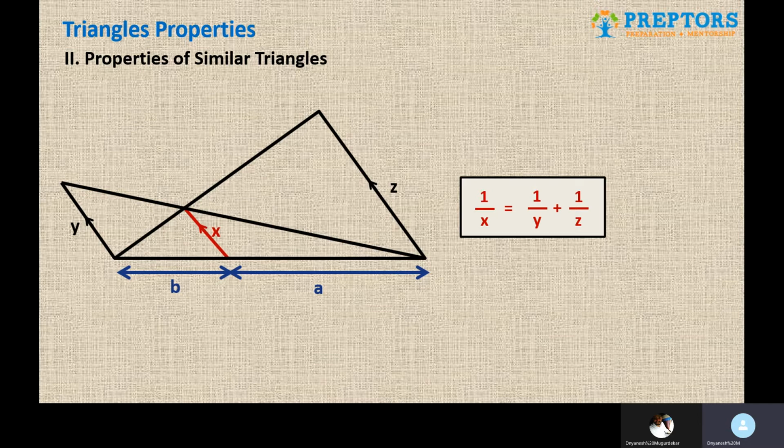But again, keep an eye on this kind of structure, the property of triangles sharing the same base. You can clearly see that these two triangles are sharing the same base, and the three lines X, Y, Z are parallel to each other. Then you can apply this conclusion directly. Most of these things are purely based on observation. If you can see it like that, you will be able to recollect this, apply it and solve further.